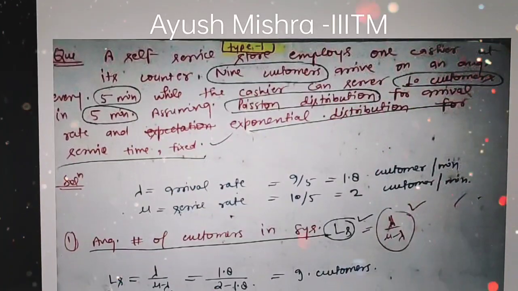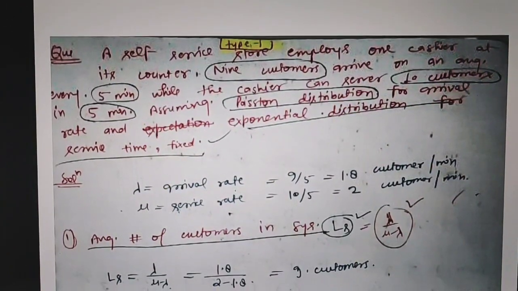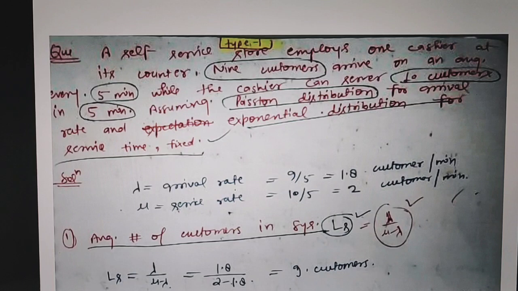Hello guys, as I am discussing the queuing theory series, previously I discussed the concept of model number 1. Now, on the basis of that, I am going to discuss some examples of model number 1. The first one I am going to discuss is a type 1 problem in this model number 1. The problem statement is like this: a self-service store employs one cashier at its counter,